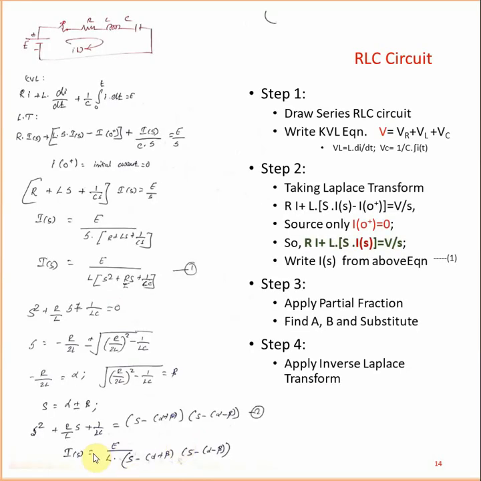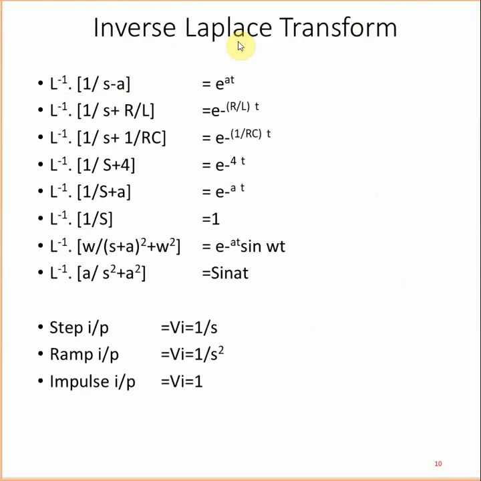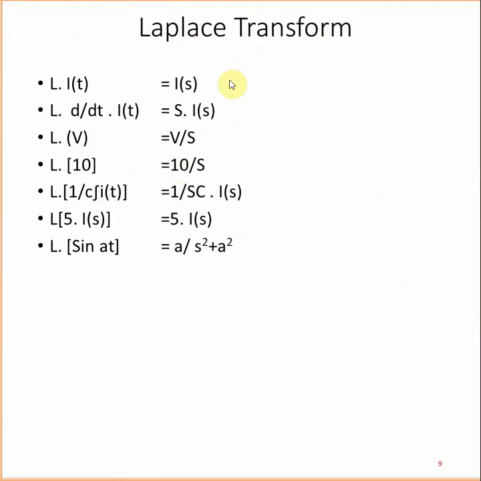Okay, so if you want the inverse Laplace transform, you can go ahead with it; otherwise you stop here. I of s is replaced into I of t. It is equal to E by L, and write it like this. This is about the RL, RC and RLC circuits. If you know about the inverse Laplace transform and the Laplace transform, you can go ahead.